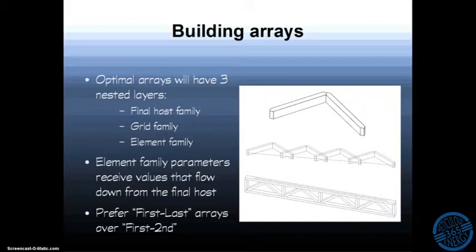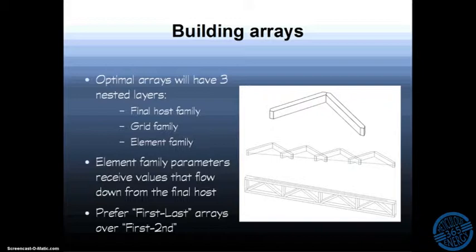And finally, I'll explain this more when I actually build an array, but I prefer first-last arrays over first-second arrays. A first-second array takes a defined distance between the 2 elements and repeats that spacing in whatever direction the user says up until the count is satisfied. If you have a 5-foot spacing and you have 3 elements, you're up to 15 feet. But if you try to define 17 feet, you won't get there. There'll be a remainder that'll hang at the end of your family, and there'll be a gap,